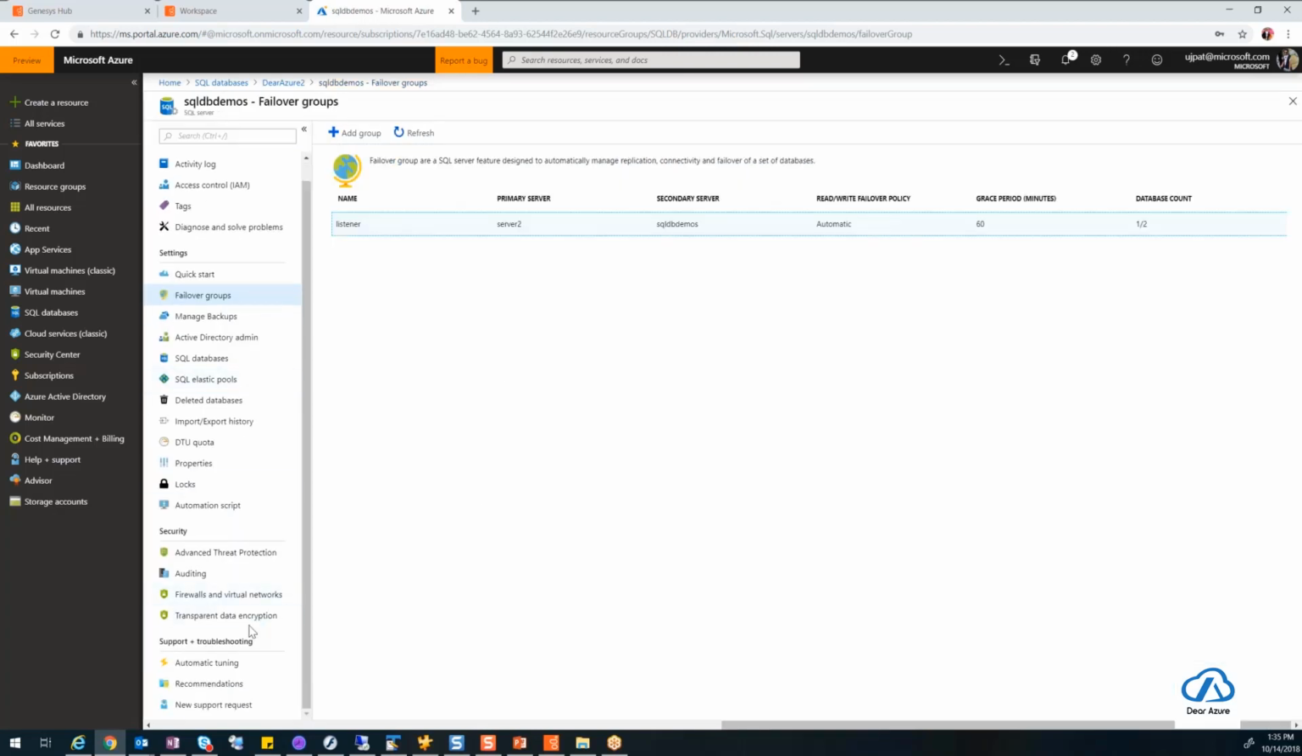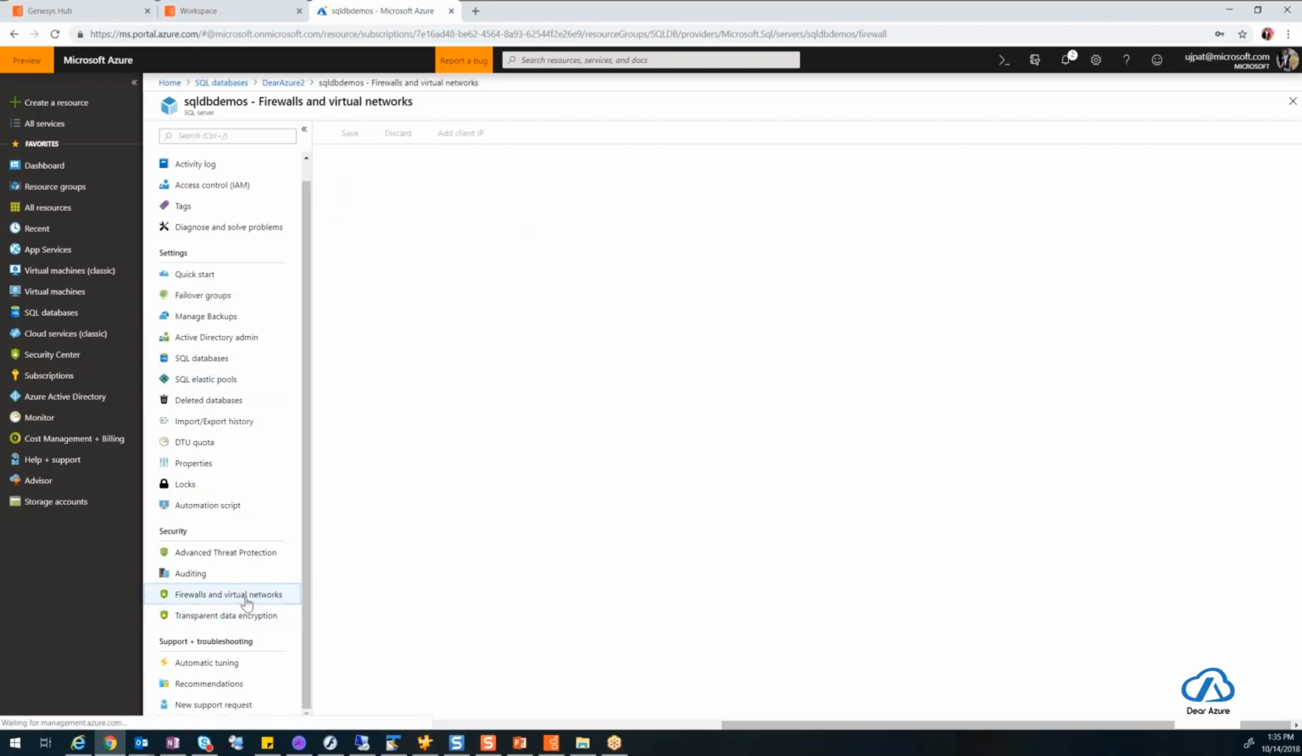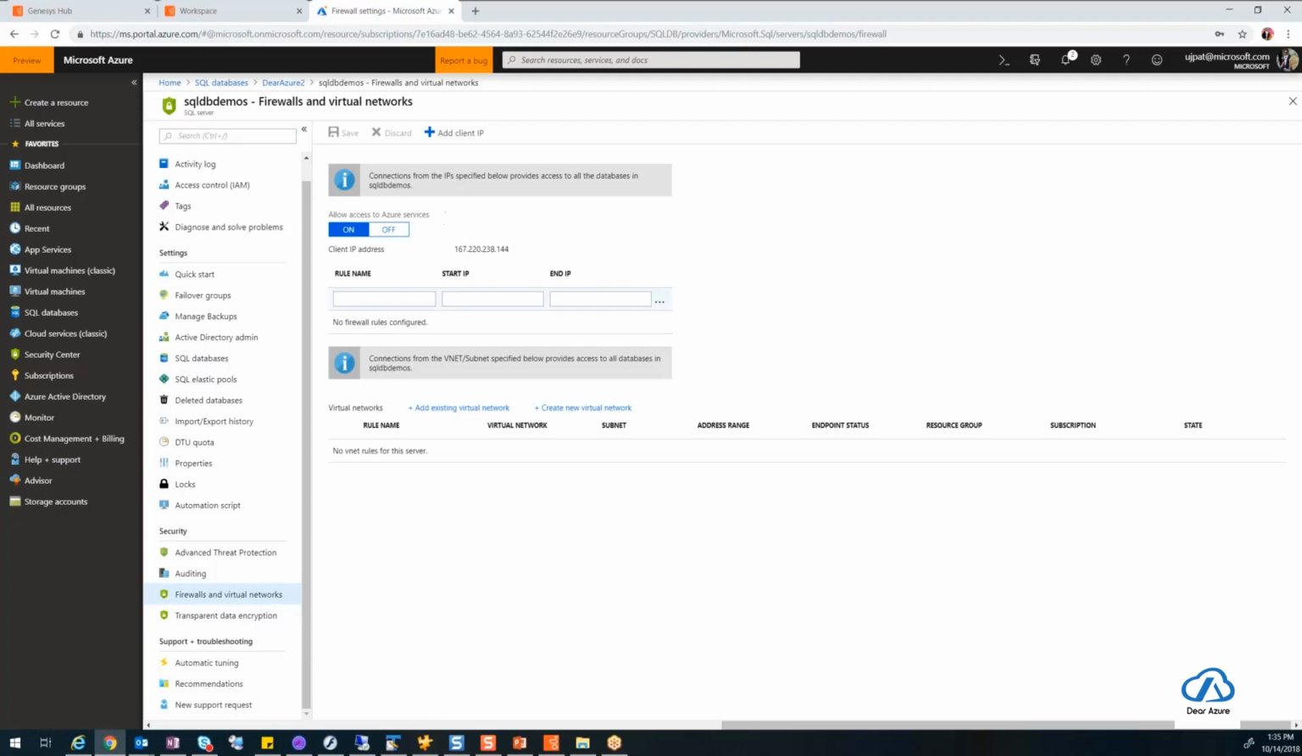Now I think one of the things I forgot to discuss is firewalls and virtual networks. Let's say you have deployed a SQL database, and you want to connect from a specific range only, from one IP to another. You specify a subnet here, a starting range and an ending range, and only those machines will be able to connect